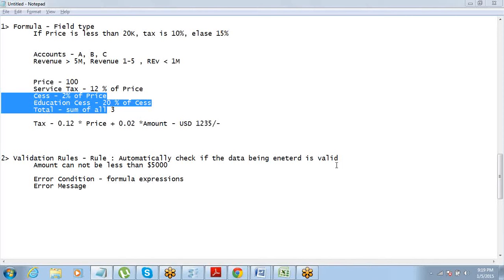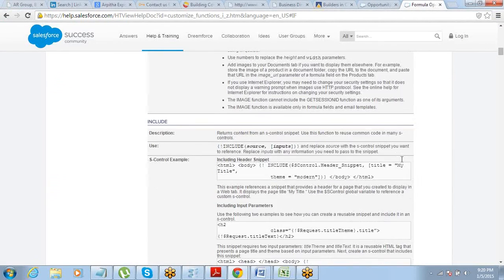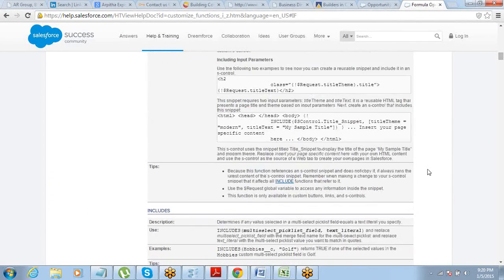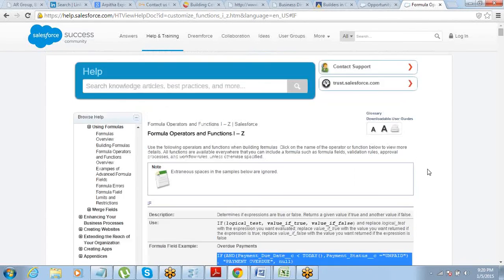So now what I'm going to do is leave you with a document along with this link that I showed you, right? You see this link? This link is going to be your friend for all functions and for formula and validation related things. Even if you want to write a complex logic in a validation rule, you can always refer to this link. And I'm going to share one small doc with you, which has a few examples. You guys can take out time and spend a few hours on doing those examples.